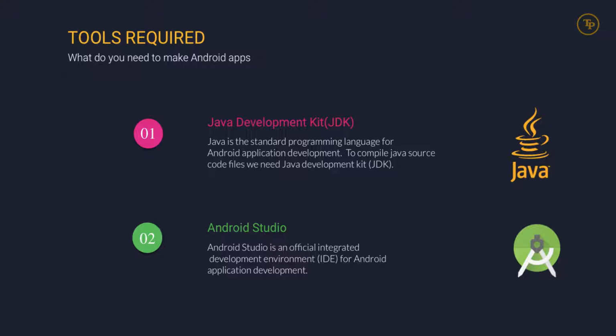This IDE is actually based on the JetBrains product IntelliJ IDEA, and we will use this IDE for code editing, compiling and executing Android applications. Another tool which is required for Android application development is Android Software Development Kit, or in short Android SDK. When we install Android Studio, we will also be installing Android SDK. Android SDK contains the Java Framework API and various tools to create and build Android applications. To start Android application development, that's all you need.